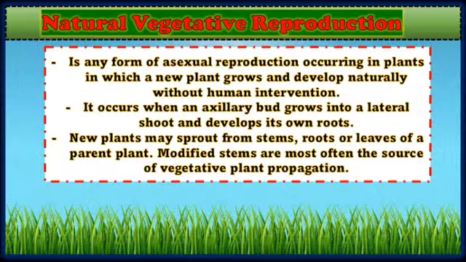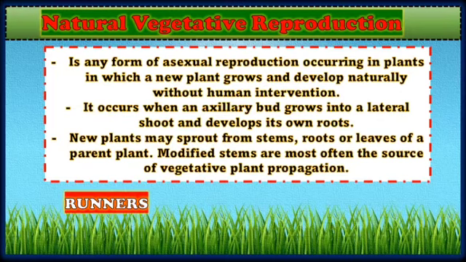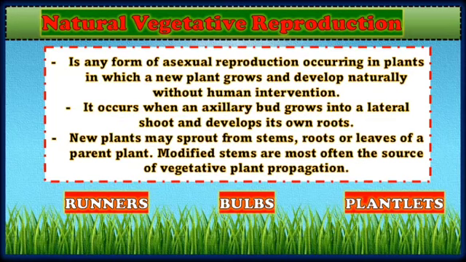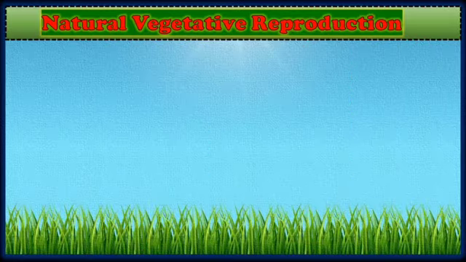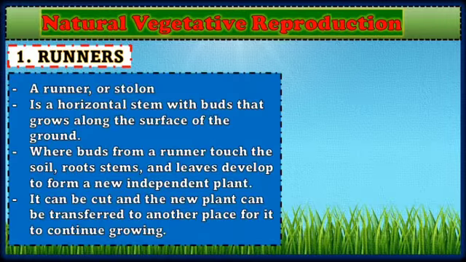And we have a lot of processes of this natural vegetative reproduction. We have the runners, we have the bulbs, we have the plantlets, we have the suckers, we have the rhizomes, and we have tubers. So, six po yung paraan ng natural vegetative reproduction. So, first we will discuss what are runners. So, a runner, or what you call the stolon, is a horizontal stem with buds that grow along